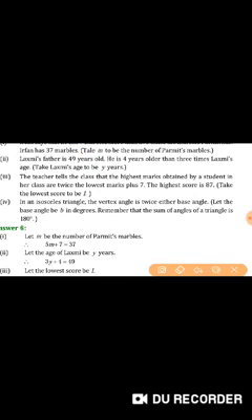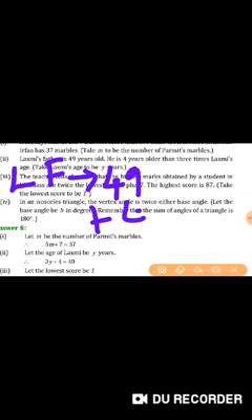See, Lakshmi's father has 49 years. Total 49 years old. He is 4 years older than, older means it is extra. He is 4 years older, extra it is, not less than 3 times Lakshmi. Lakshmi's age we can take as X or L or any letter we can take.